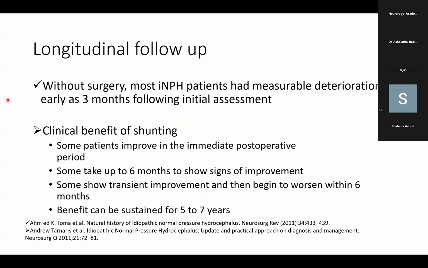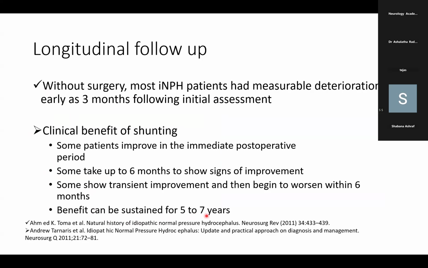The patients were longitudinally followed up. Without surgery, most NPH patients had measurable deterioration as early as 3 months following an initial assessment. There was clinical benefit of shunting. Some patients did improve immediately after the postoperative period. Some patients did take up to 6 months to show signs of improvement. There was some transient improvement and there was worsening within 6 months. But there have been data that benefit can be sustained for up to 5 to 7 years